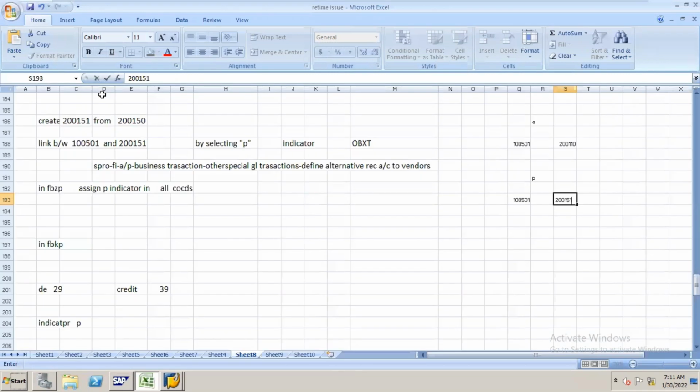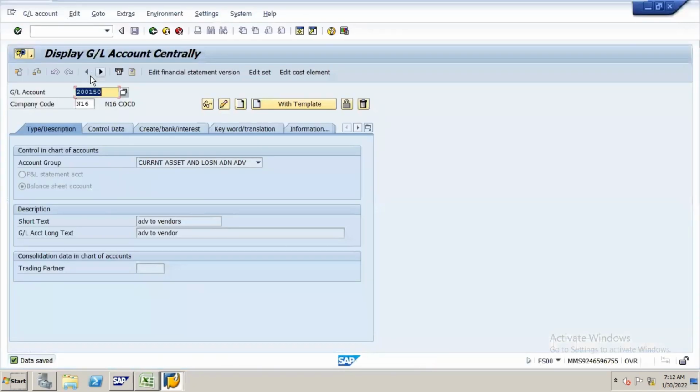I have to provide the link between 1,501,000 and this account. What is 1,501,000? Tell me. Our reconciliation account, madam. Where do we assign this? Into the vendor master, right? Yes, ma'am. This we know. Now I have to provide the link between 1,501,000 and 2,150,000. Okay, so the path is